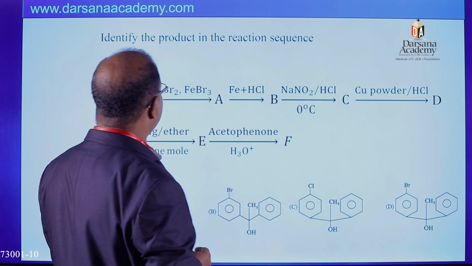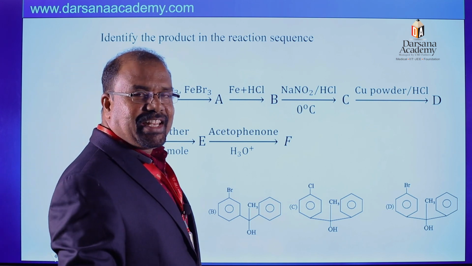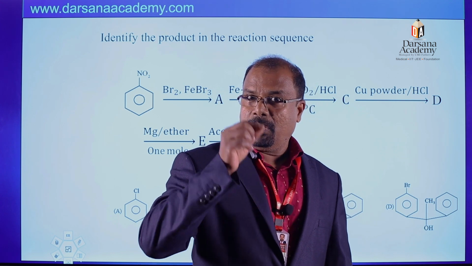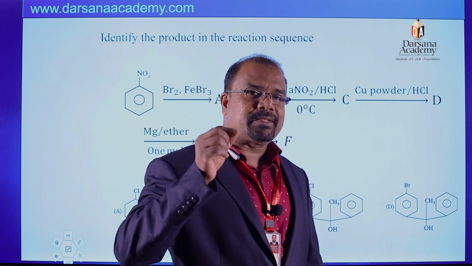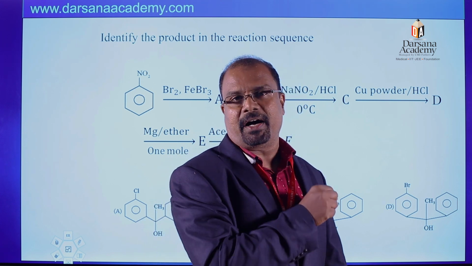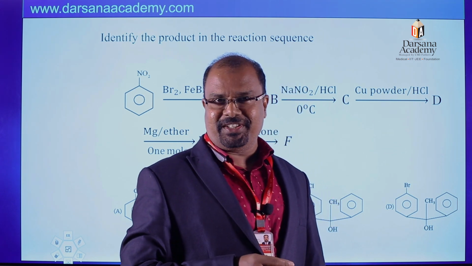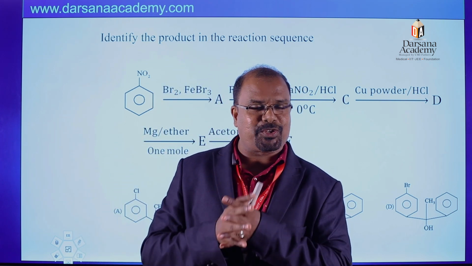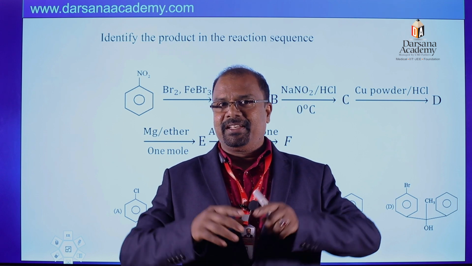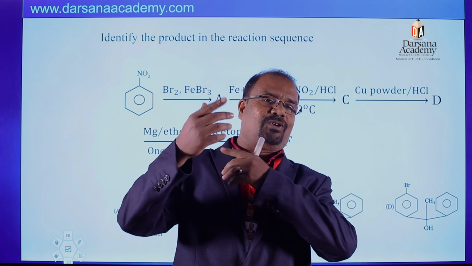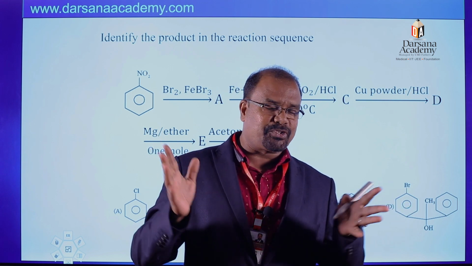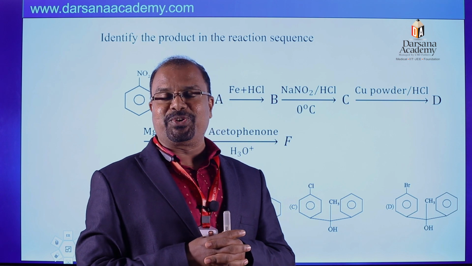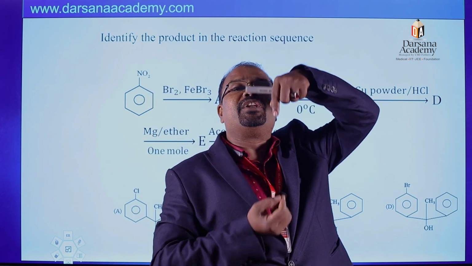The first reagent is for bromination, that is an electrophilic substitution reaction. You already know that the characteristic reactions of aromatic compounds are electrophilic substitution reactions. The electrophilic substitution reaction depends upon the stability of the carbocation. In an aromatic ring there will be ortho, meta and para positions, so there will be ortho substituted and para substituted products, depending upon the substituents present on the benzene ring.